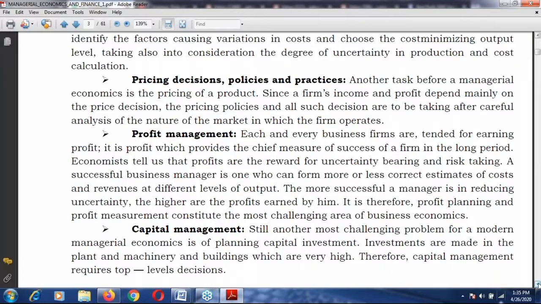Now, the fifth one of that is barometric techniques. This is an improvement over the trend projection method. And according to these techniques, that means the barometric techniques, the events of the present can be used to predict the direction of the change in the future. So here, the certain economic and statistical indicators from these